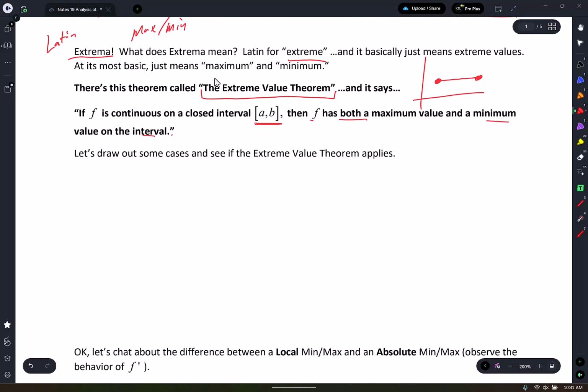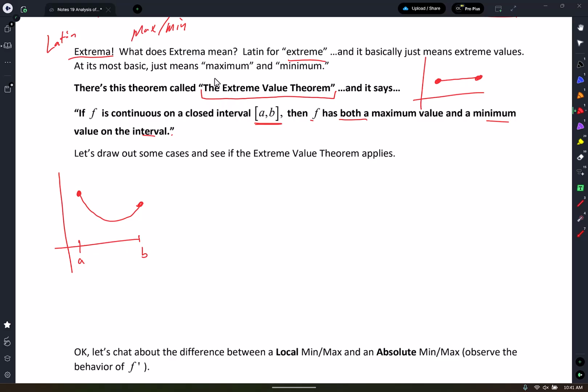All right. It says let's draw out some cases and see if the extreme value theorem applies. You guys ready? So I'm just going to draw some random stuff. Let's see, what am I going to draw? I'm going to draw this curve. I have a closed